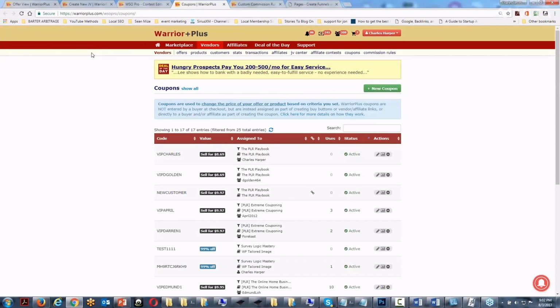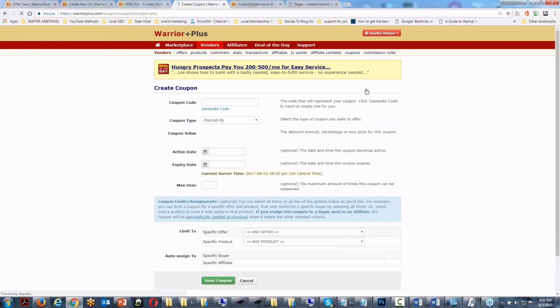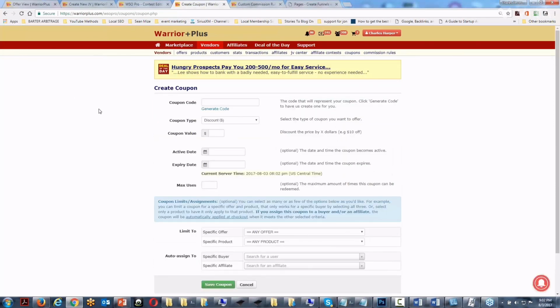And the coupon in Warrior Plus is very interesting. And there's a 2-step process. And I'm going to show you what that process is. Now we're going to click New Coupon. And we can either generate a code or we can write a code. And because the customer is not going to actually see the code, it really doesn't matter. So for example, I could say that this is going to be Ultimate Insider